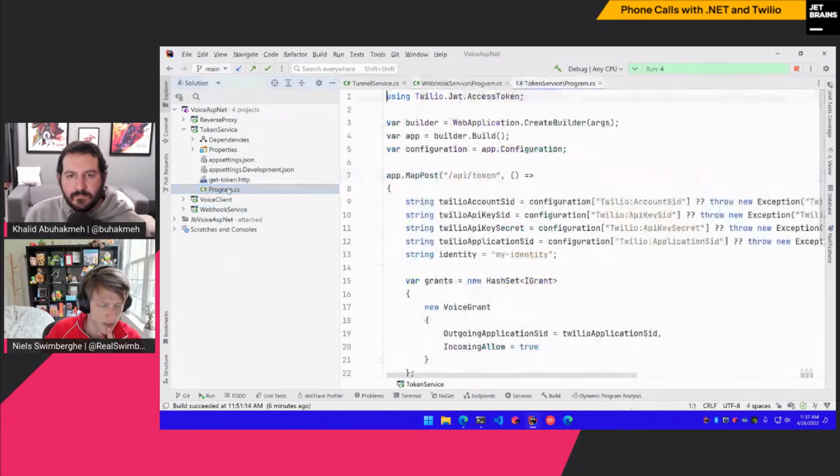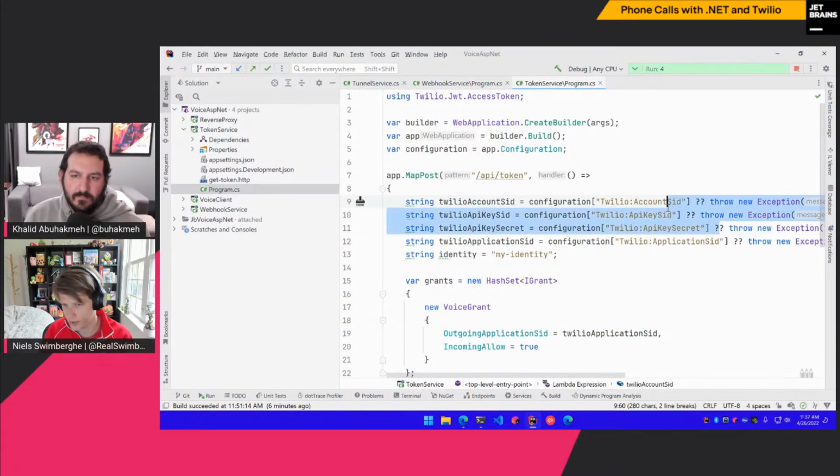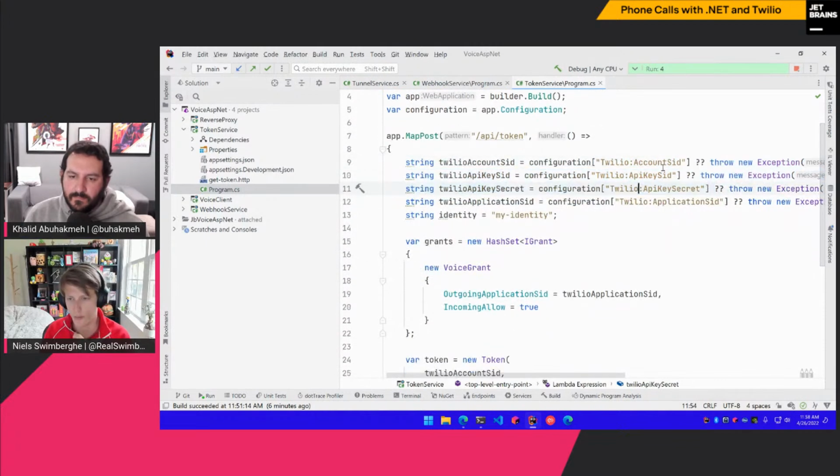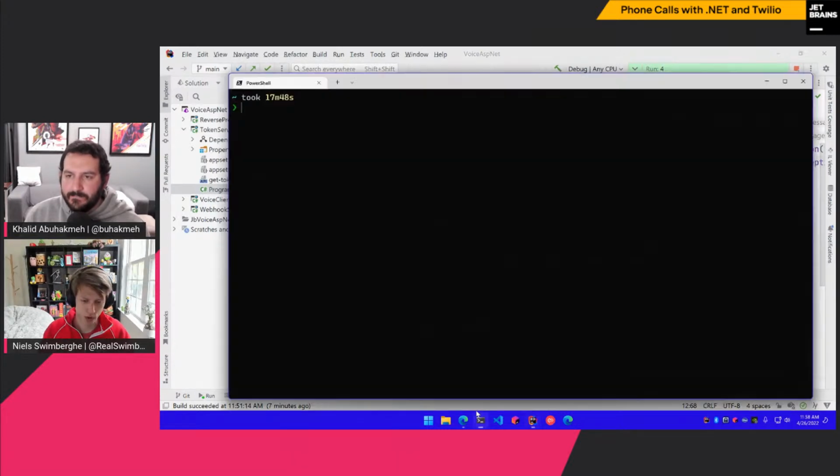So the token service is fairly straightforward. I'm grabbing the username and password again, API key and account SID. And for those that don't know what SID means, it's short for string identifier. So it's just an identifier. Now I also have an application ID. In the past, we stored the webhook URL on the phone number, and that's for incoming calls. Now when you're using voice over IP through the JavaScript SDK, Twilio also needs to know where the webhook is going to go. So you configure that on the